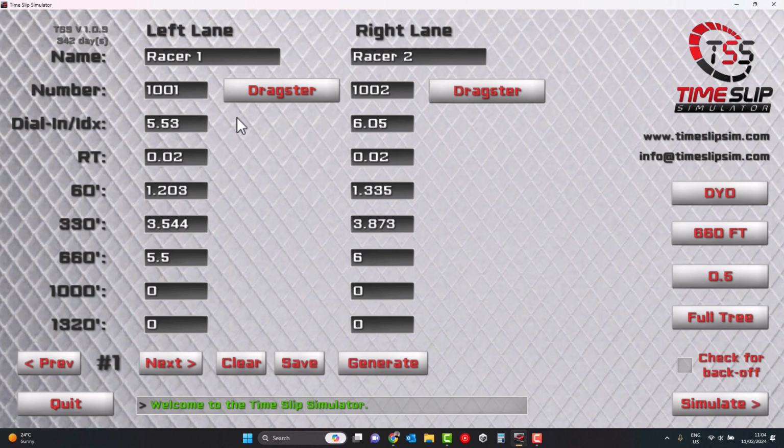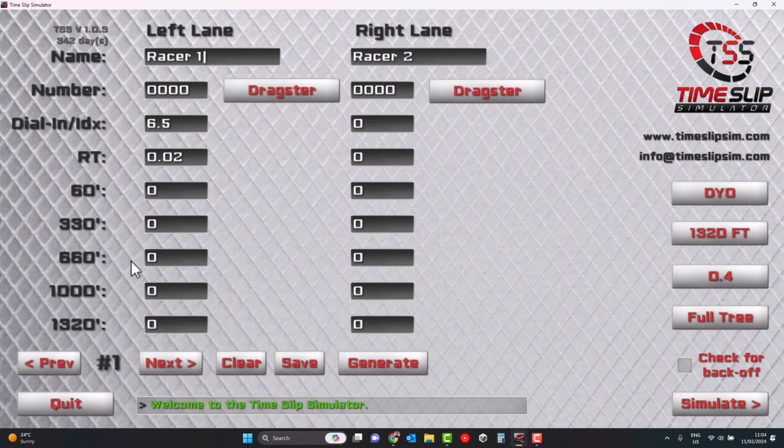If you want to clear the Timeslip, you can press the clear button. And then you can start entering your Timeslip details. All you do is click in the field and then you can hit the backspace key and then enter your dial in, for example, so 6.5 seconds, and then you can fill in the rest of the details just by entering them in with your keyboard and just click on each field. You can also tab between each field, so if I tab like this, and that moves quickly between each